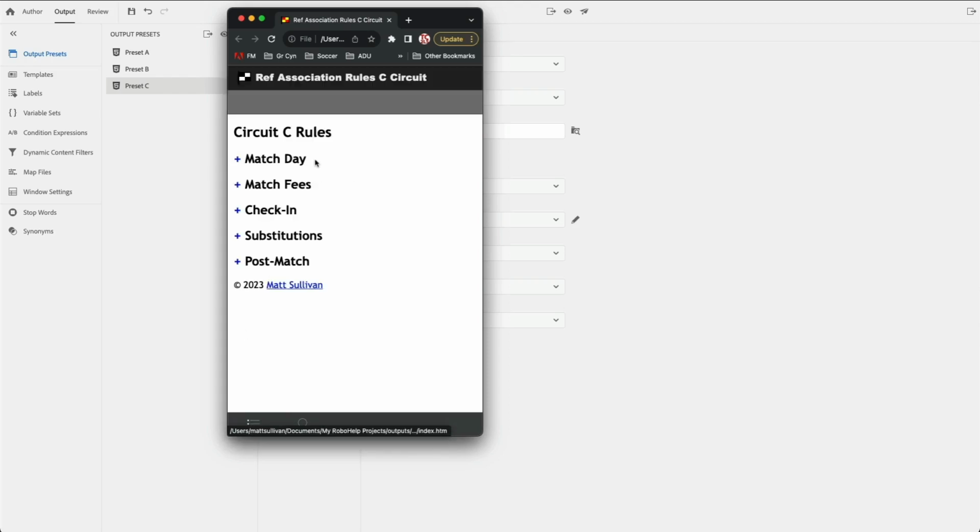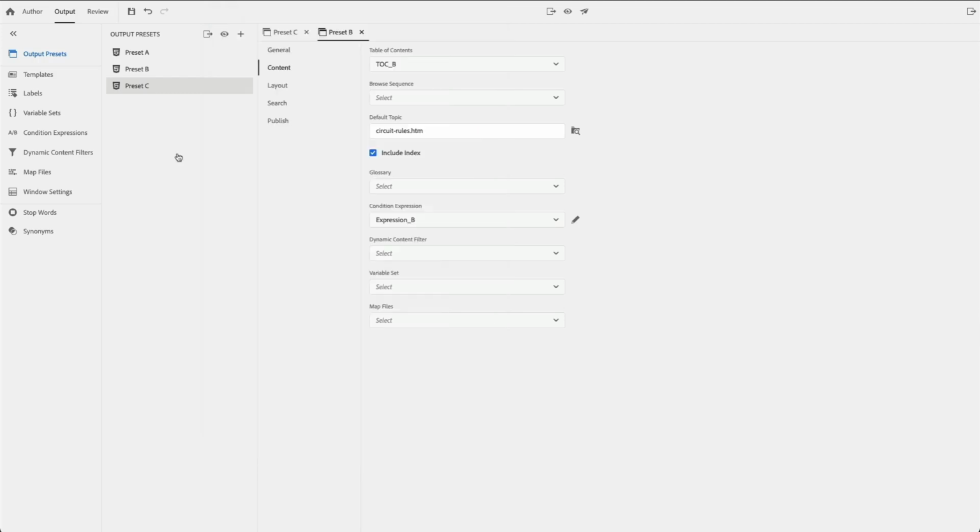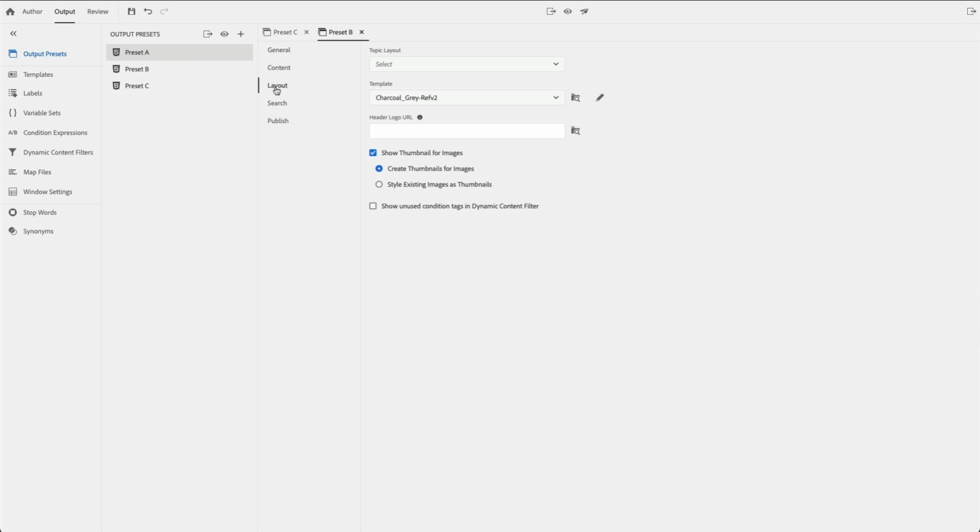Now, because this is supposed to be used on a phone, I developed this originally without having a table of contents included. All of the navigation was going to be within the app. So let me show you how you would do that in the output inside of RoboHelp. We'll just start with preset A. When we look at preset A and the layout, I have a couple of layouts defined in here. One was my original template and one was ref v2. So if I go to the one that I've chosen, ref v2, and I edit that,